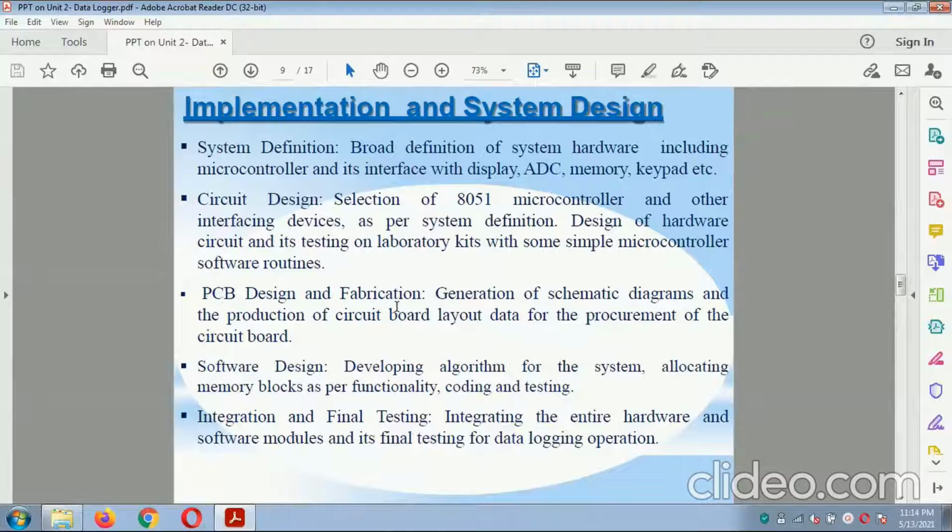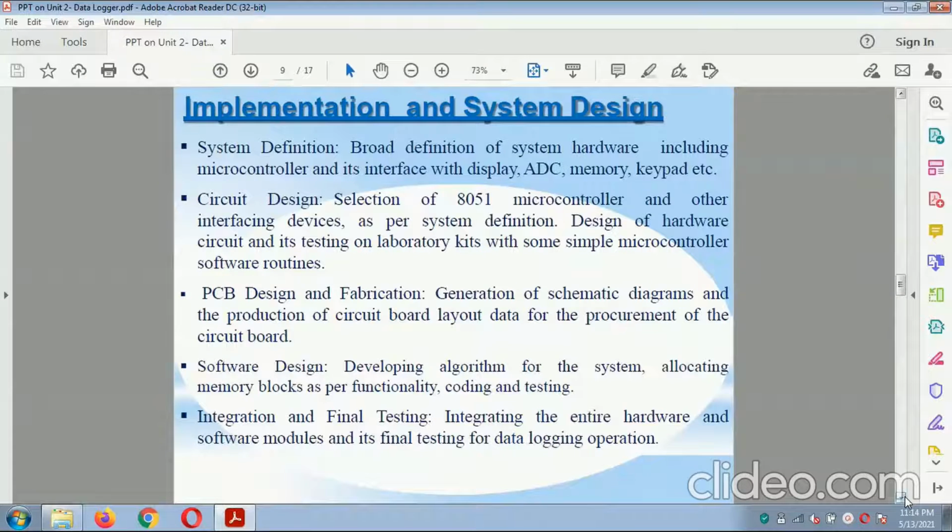The PCB design and fabrication: the generation of systematic diagram and production system brought together with respect to the procurement of the circuit diagram. Software design: developing the algorithm for the system, allocation of the memory block for functional coding and testing. Integration and final testing: the integration of the entire hardware and software module, and final testing for data